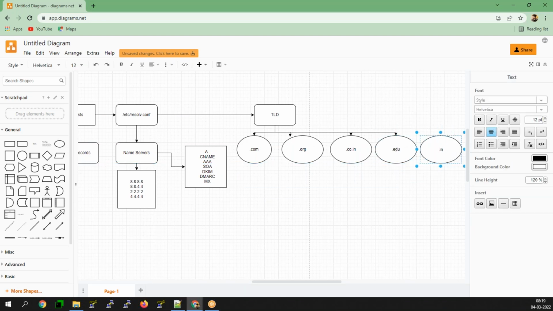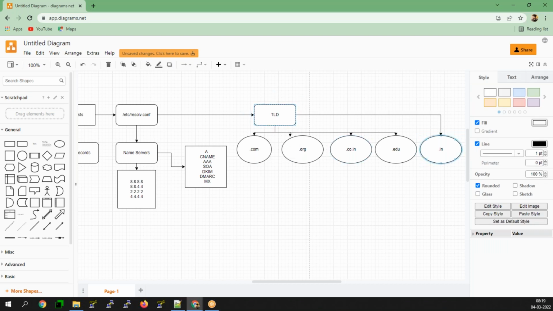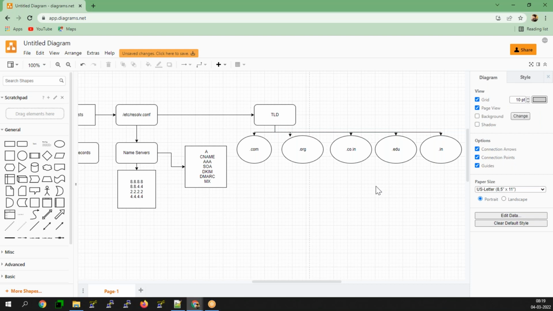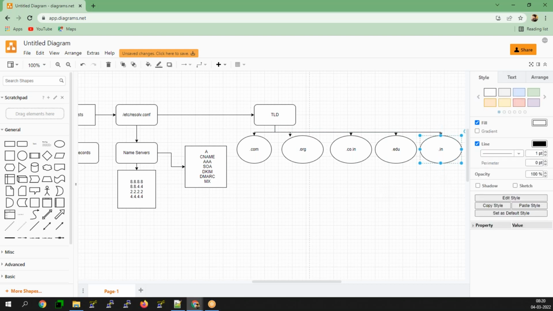So now what is my request, guys? Whether it's .in or .com or .co.in, what is my request here? It is www.amazon.in. So it will go ahead and check in this way, in alphabetical order along with amazon.in.